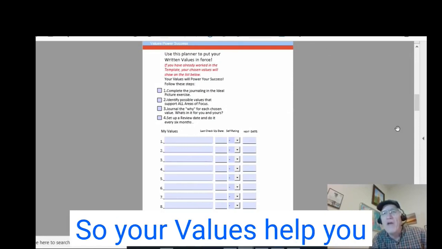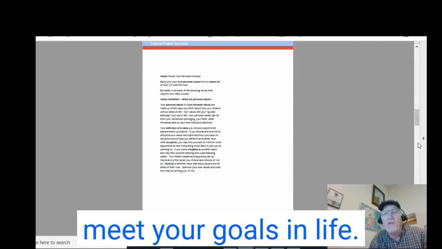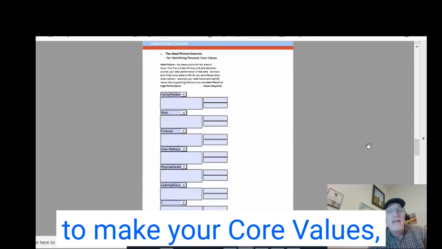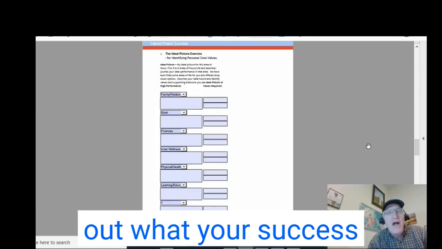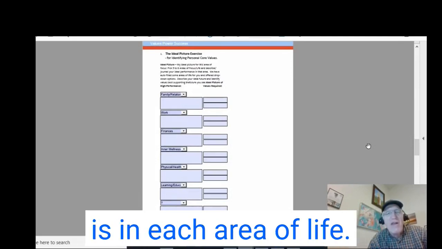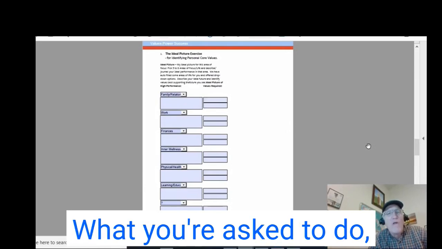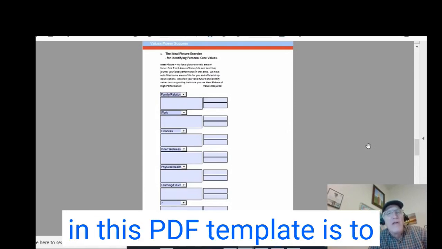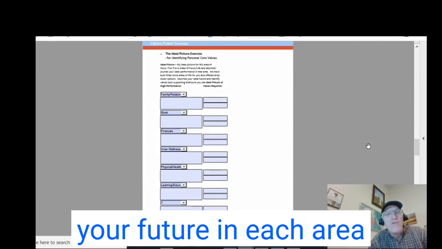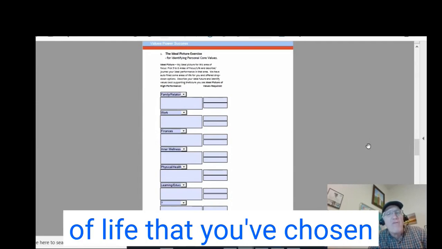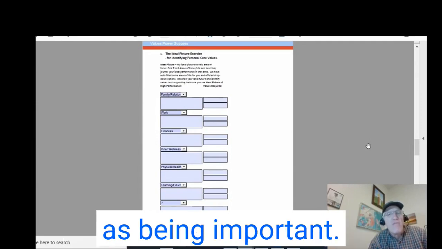So your values help you meet your goals in life. Let's look at how to do that. To make your core values power your success, figure out what your success is in each area of life. What you're asked to do in this PDF template is to build an ideal picture of your future in each area of life that you've chosen as being important.